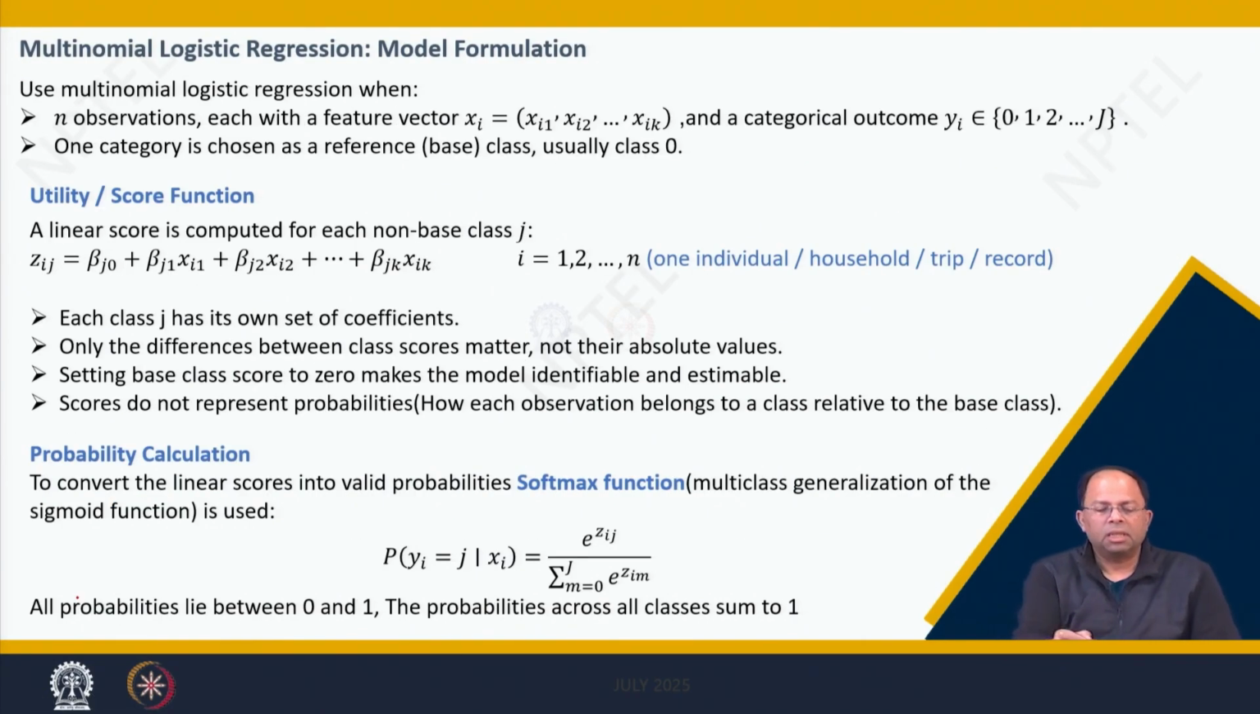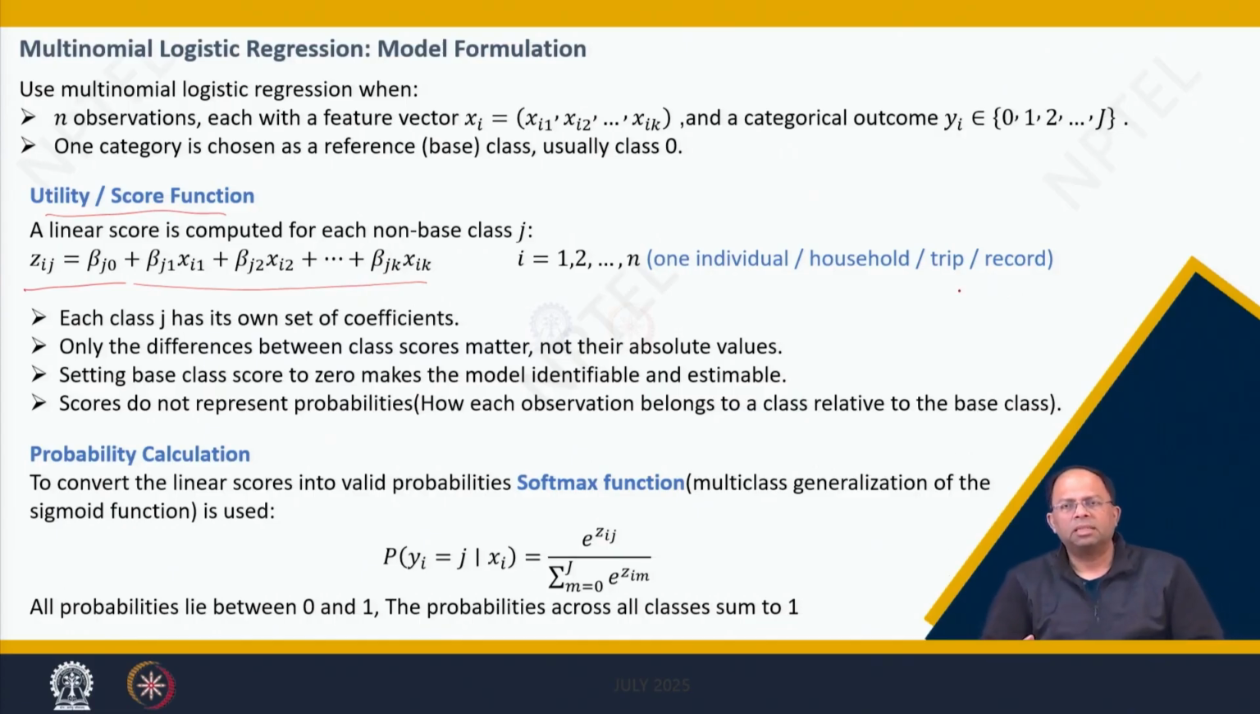Sometimes the choice of this 0th class also depends on the nature of those variables. So here also we form a utility or a score function, same as the binary logistic regression model. The linear score is computed for each non-base class j, and as you can see, this is the equation, and i is equal to 1 to n, where it could be one individual, one household, one trip, one record. So whatever is the unit of analysis,